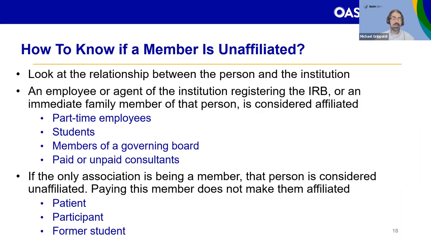Like most things in the IRB world, this is a very fact-specific determination, but we do provide some details and descriptions to try to help identify who is not affiliated. And using our previous examples, from the fact patterns we've been given, Dolph would likely qualify as an unaffiliated member because the only relationship specified is that he's serving on the IRB. But Sally, as an employee of the university, would be an affiliated scientist member.